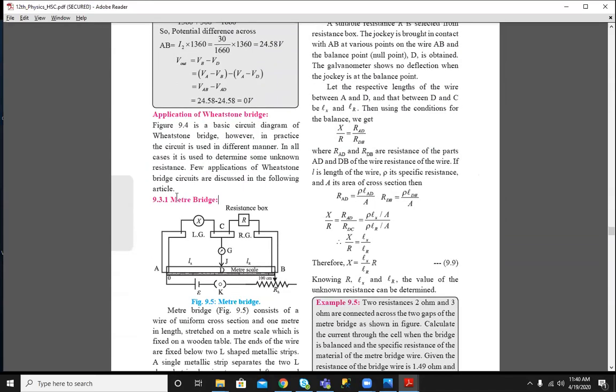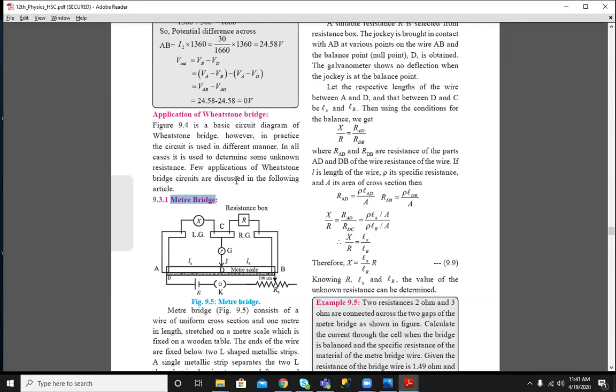So meter bridge is nothing but a modification of Wheatstone bridge. In the Wheatstone bridge method, to determine an unknown resistance we are using three known resistances. Choosing three known resistances requires more time. It's a trial and error method to choose those three resistances and make the bridge balance.